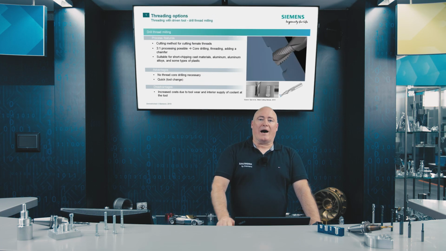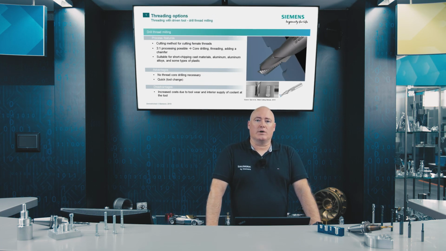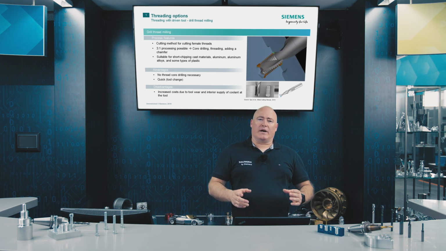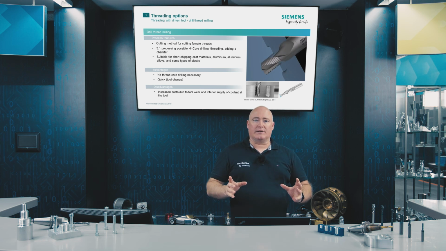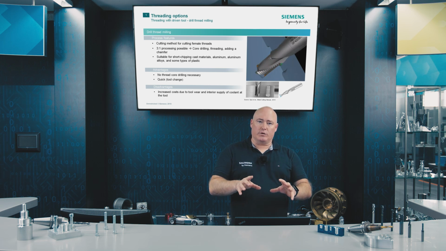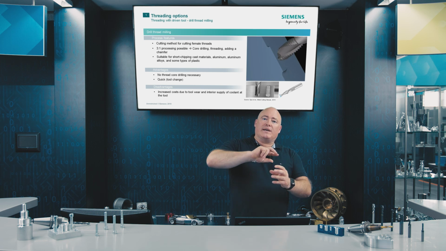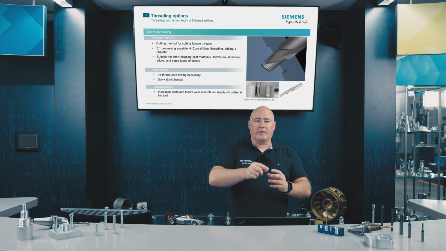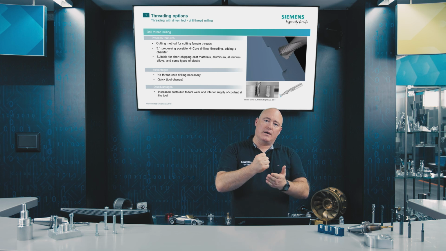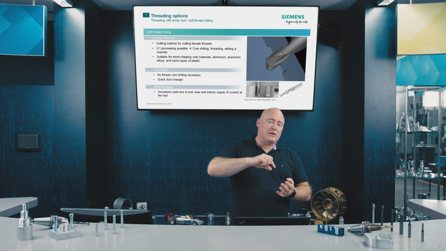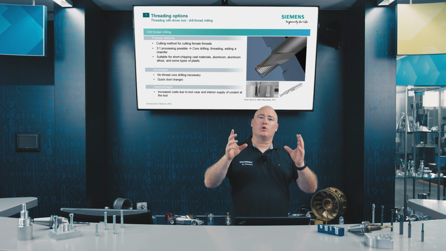Another cutting process for female threading is what's known as drill thread milling. This process combines multiple machining steps in one. Cinemeric Operate also offers a cycle which is provided precisely for this purpose. As the name suggests, drill thread milling drills and mills the thread in a single pass. So we do not need a prepared tap hole or a core hole for the thread. Instead, the tool drills into the solid material, prepares the tap hole,